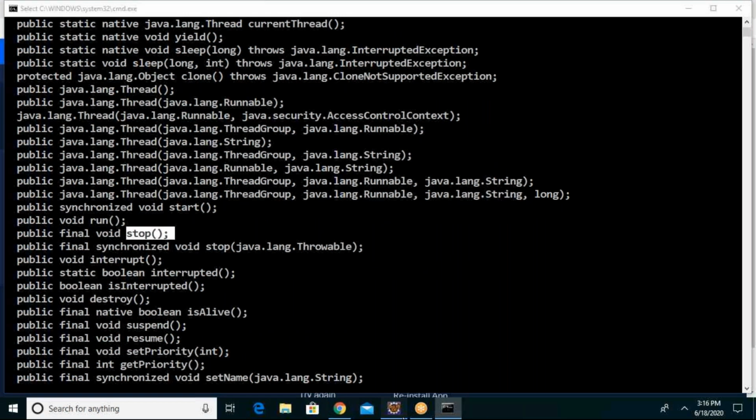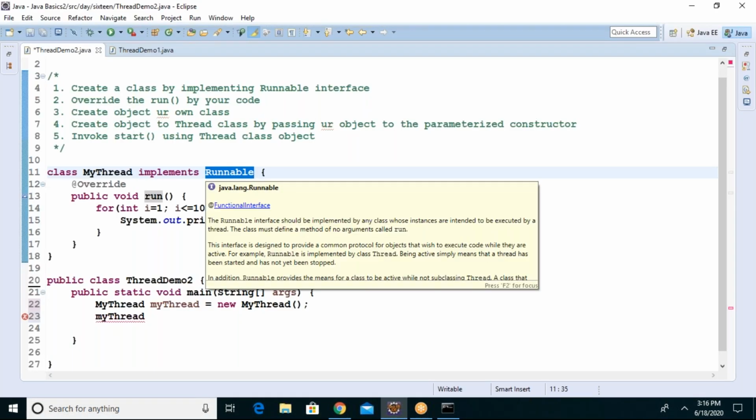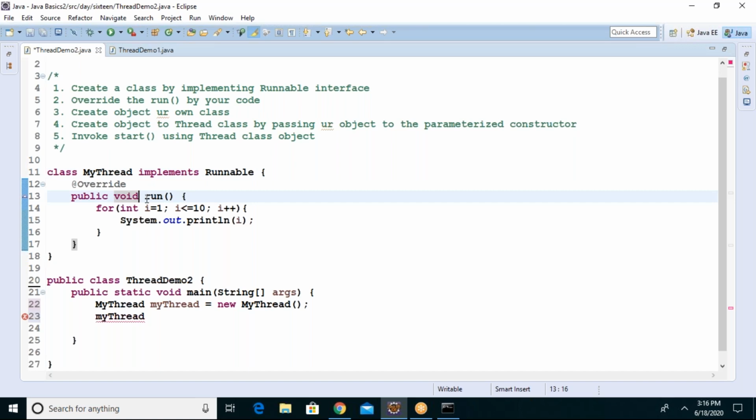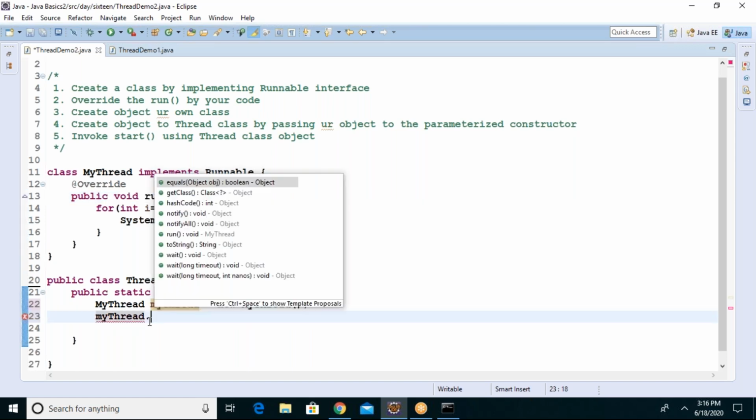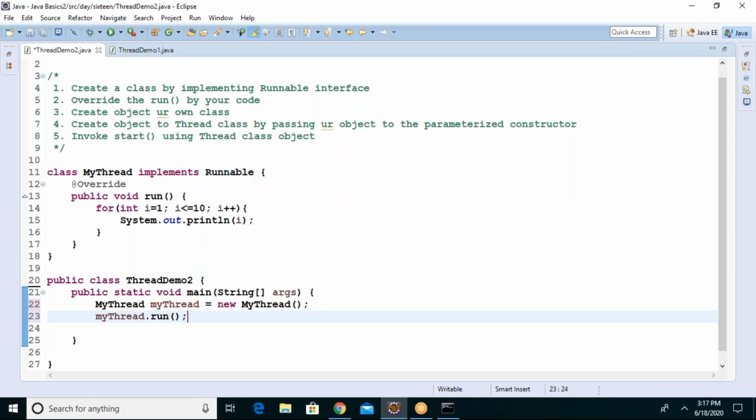So when you write the code by using the Thread class, you will have the start method. But when you create the thread using implements Runnable interface, you are not getting the start method, because this contains only one method, that is the run method, guys. Now the question is how to invoke the run method using start, because I can't just say run method. This will not create a thread, you know already, correct? So I need exactly the start method.